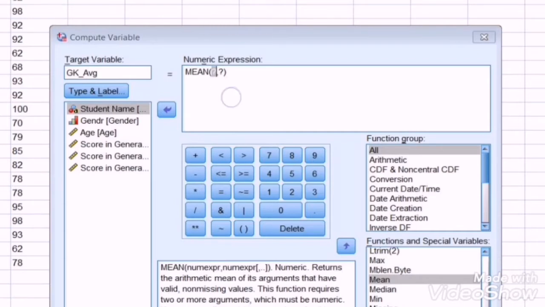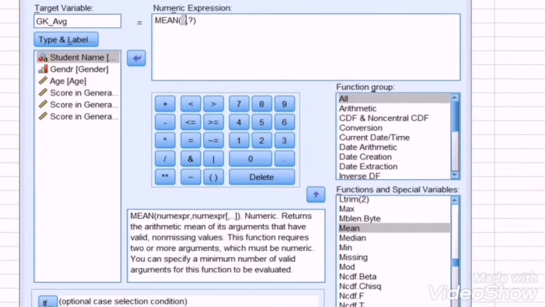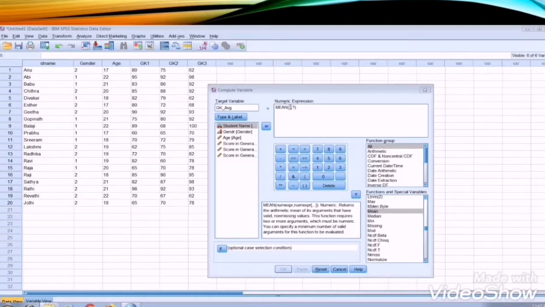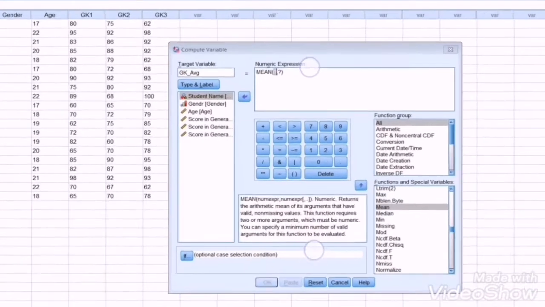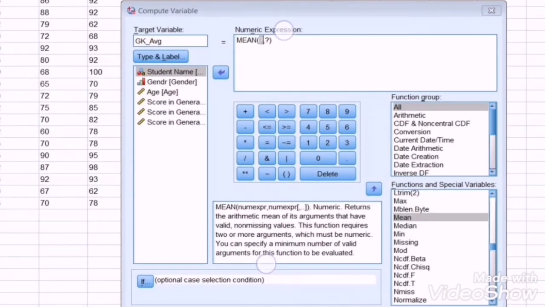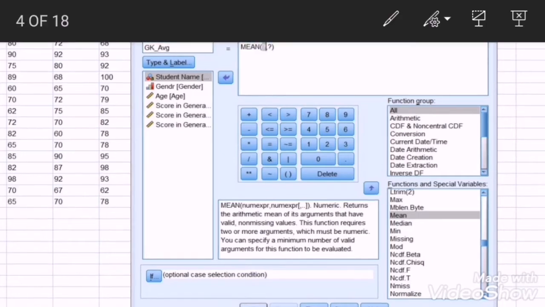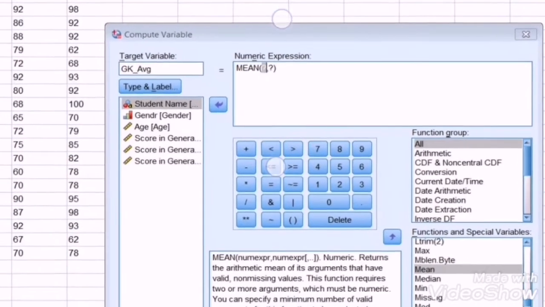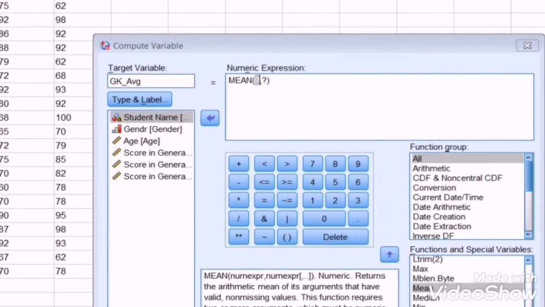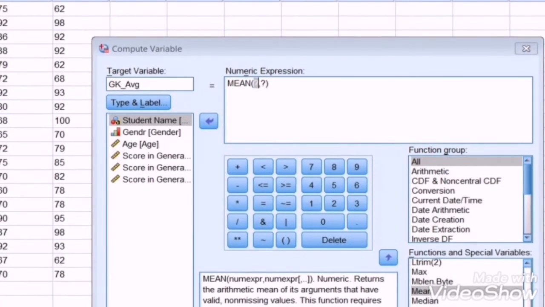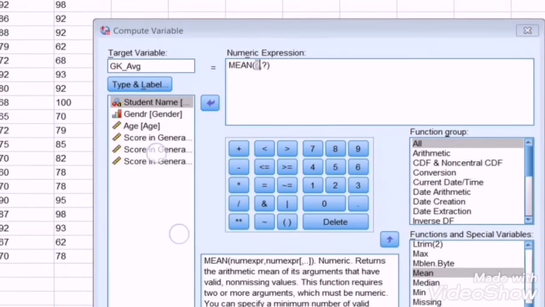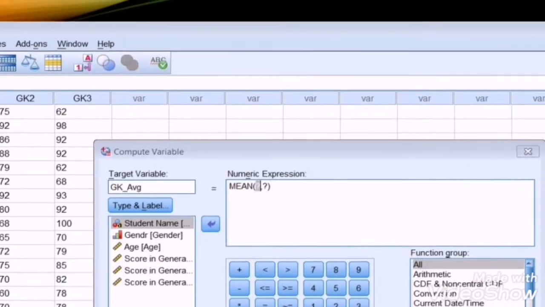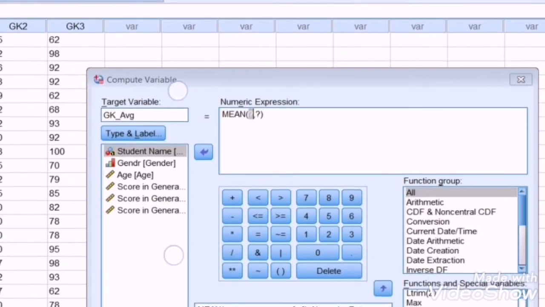So what we will have to do? In this built-in function, we will have to transfer the required variables. The variables to be transferred here are GK1, GK2, GK3. We can either type GK1, GK2, GK3 within the brackets, or else we can simply transfer from the type and label boxes.